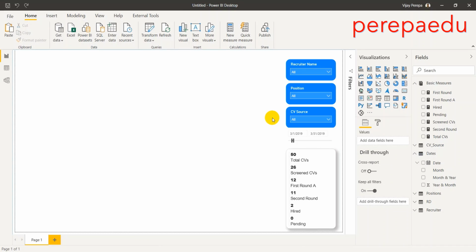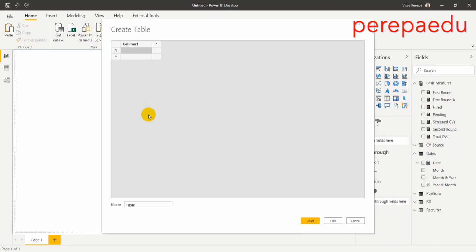Now I would like to have a process funnel. For that I need to create a dummy table. So home tab, data group, enter data. In the create table dialog, I need to give the table name as process funnel, and then column 1 is type, then received,